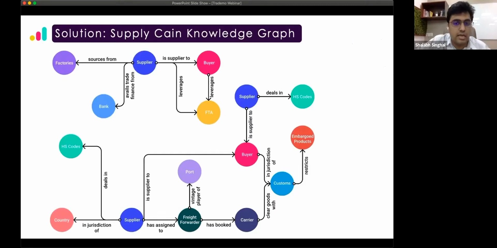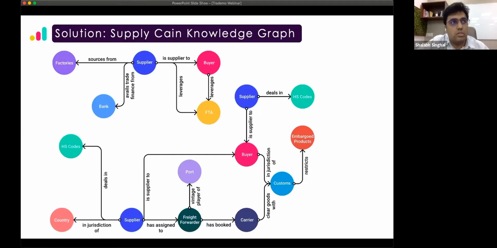And we believe that to tame the problem, what we need is a global supply chain knowledge graph, right? And this is the aim at Trademo, that we are trying to organize the overall global trade information into knowledge. So a knowledge graph is a technology with which multiple disparate data sources in different languages, different shapes, forms can be combined to produce meaningful analysis. Google today powers its entire search by a knowledge graph built from web data. And Facebook is nothing but a knowledge graph of the social network.